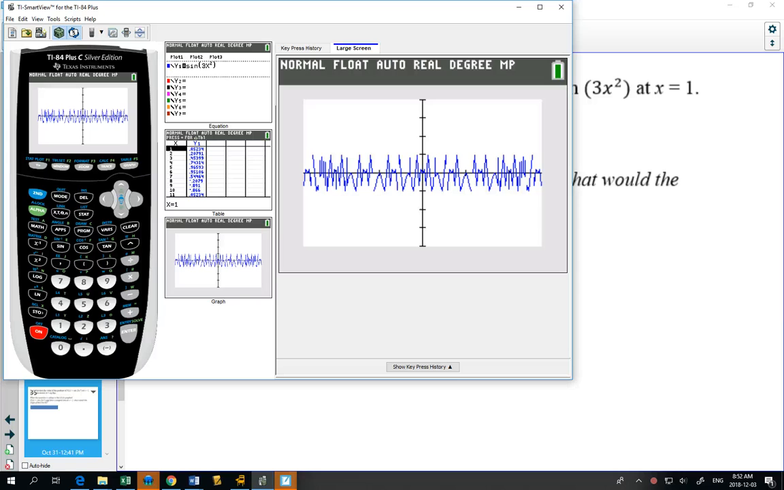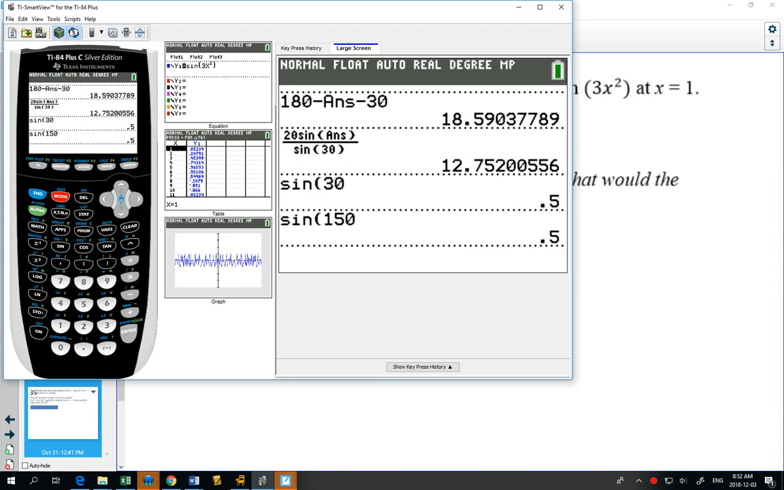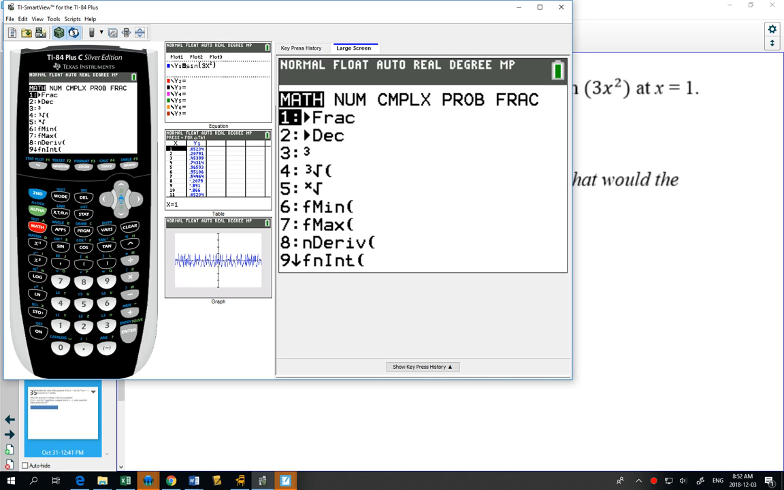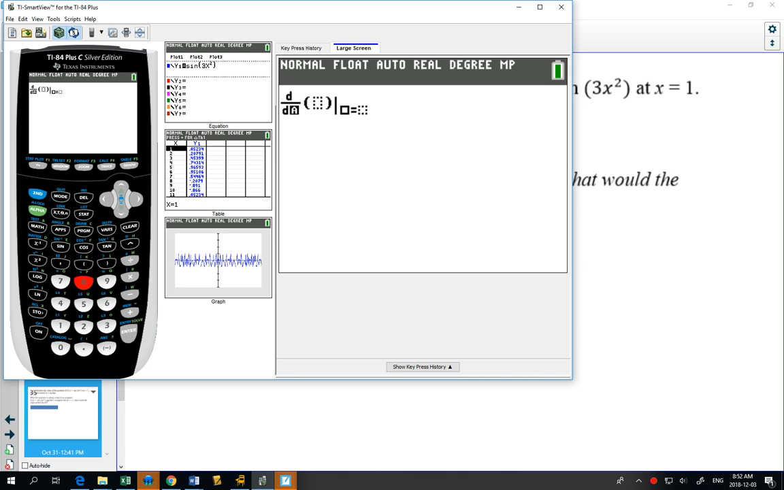So what we can do, we hit our math button, go down to number 8, n-deriv, and it looks either like this, or you can type things in directly. So you need to pick a variable. We pick the variable x. Okay, we write our equation in here. Sine,